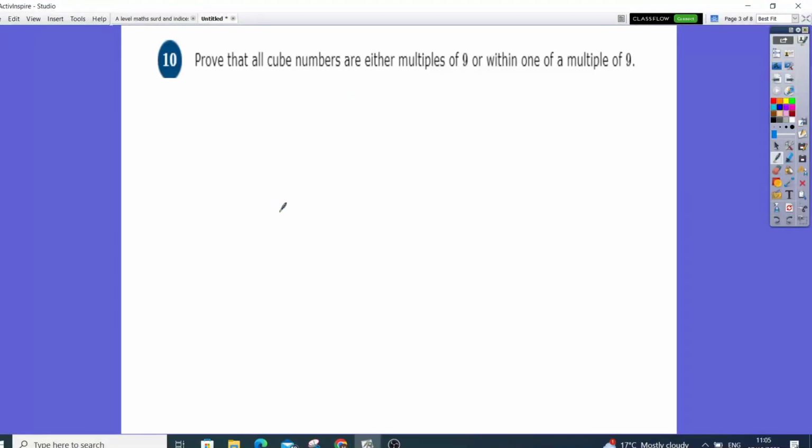Let's have a quick look at this question 10. Prove all cube numbers are multiples of 9 or within 1 of a multiple of 9. Okay, because we're talking about multiples of 9, let's start off with numbers where we choose